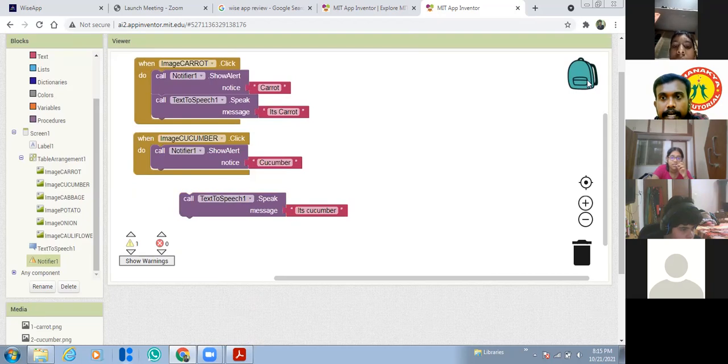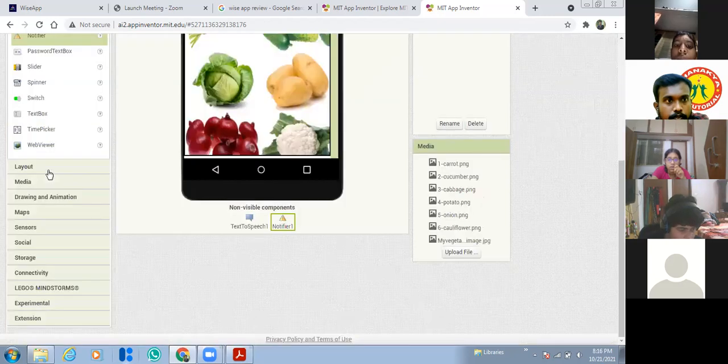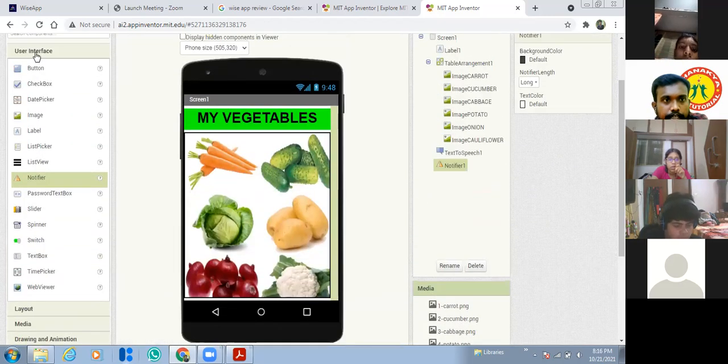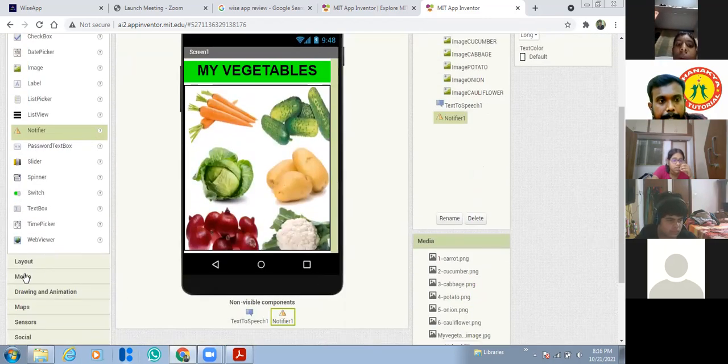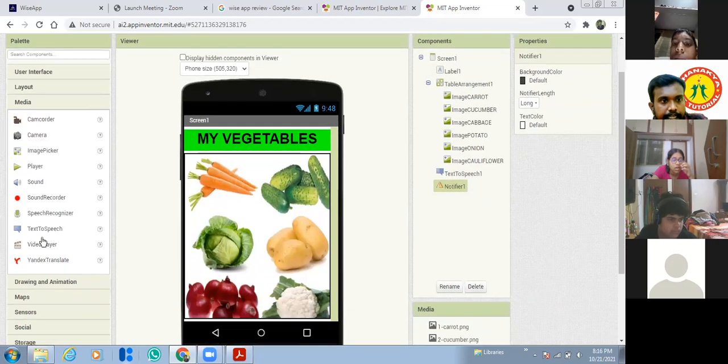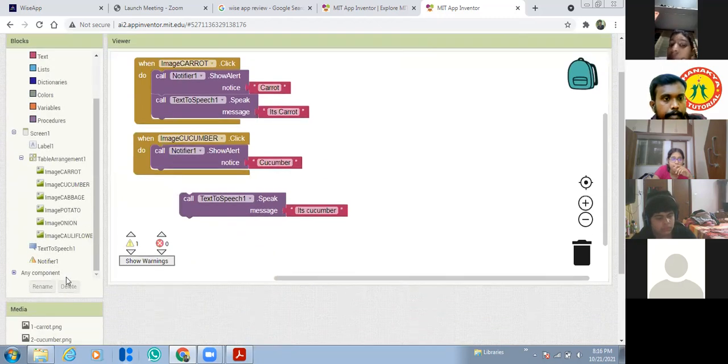Means you did not add notifier in the designer. I told you, in your designer you should add this notifier. In the user interface, add the component called notifier. Add one notifier. Sir, and where is text to speech, sir? Text to speech will be in media. Click media and take this text to speech. Then only you can find the blocks in the programming area.